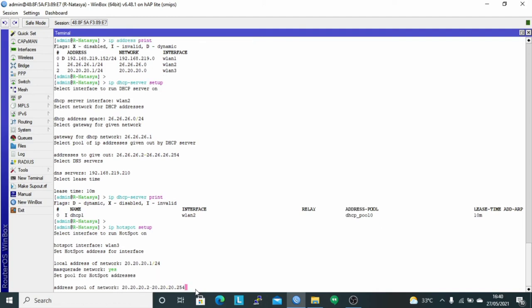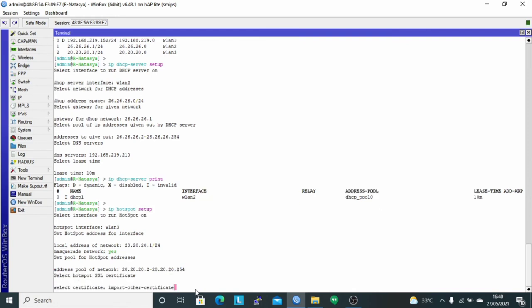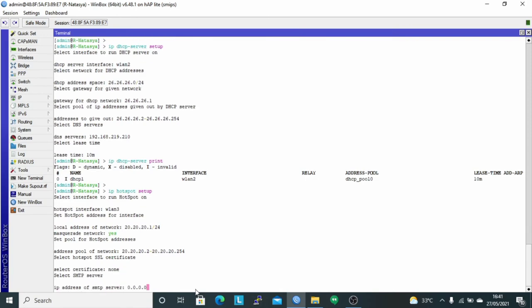Then the address pool of the network, the IPs given to clients, I use the default. For select certificate, we choose none.